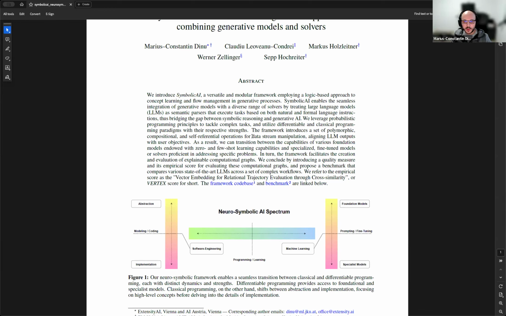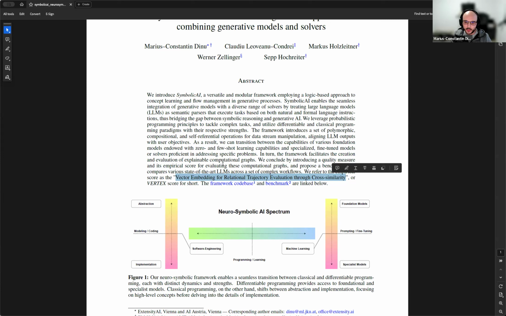In this paper we introduce our framework formally and a bit more rigorously, academically speaking. But we also introduce a couple of other things alongside it. We introduce a quality measure to evaluate different computational graphs. When you stitch together different generative processes, especially with hard-coded components, databases, or RAG-style augmentation, the question arises: what is the quality of it, and is it representative of what you actually expected to get as an outcome?